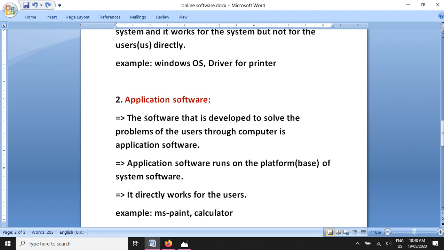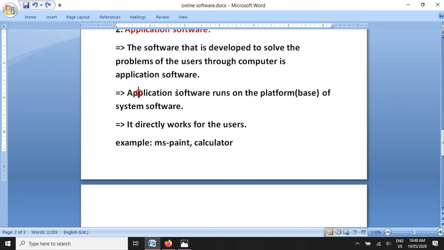So to solve the problems of the user, there are different software made, and those are called application software. The software that is developed to solve the problems of the user through the computer is application software. Now application software runs on the platform or base of the system software.